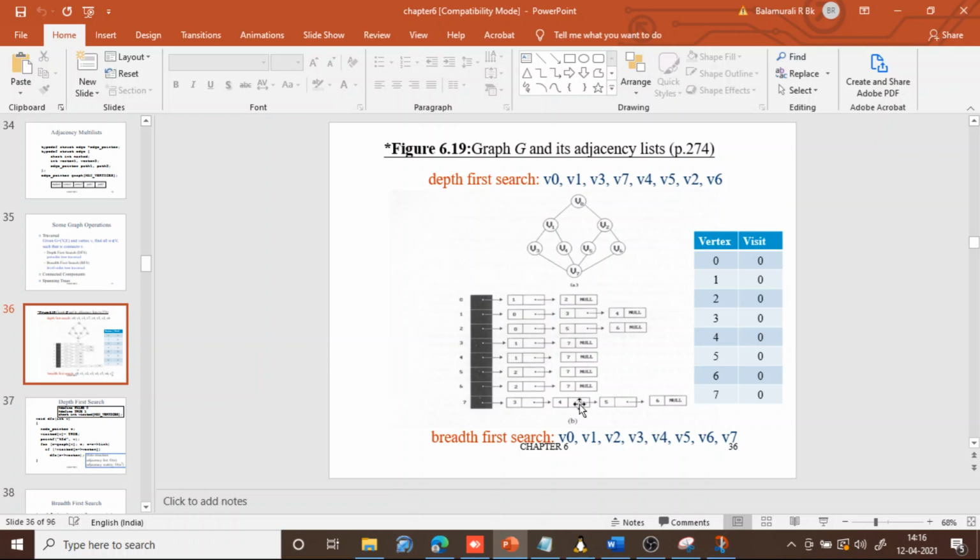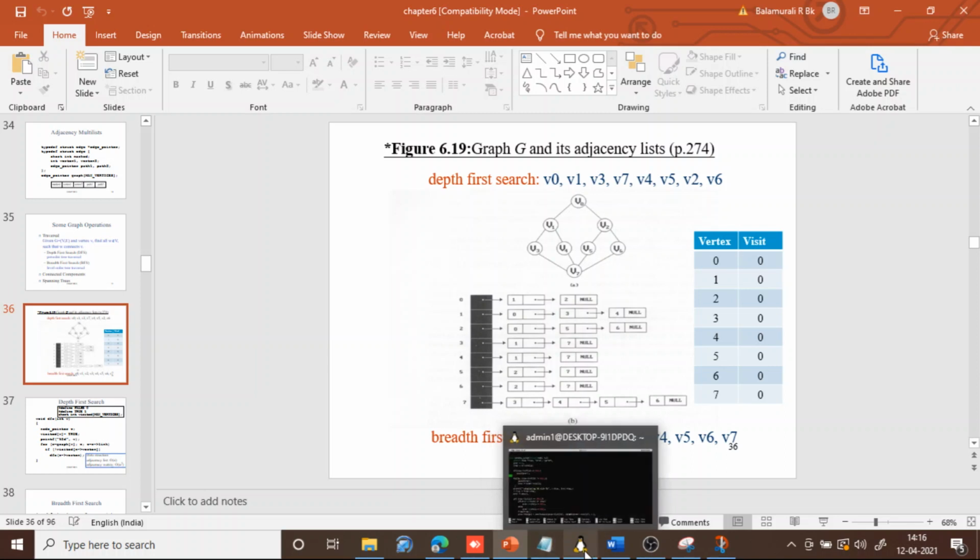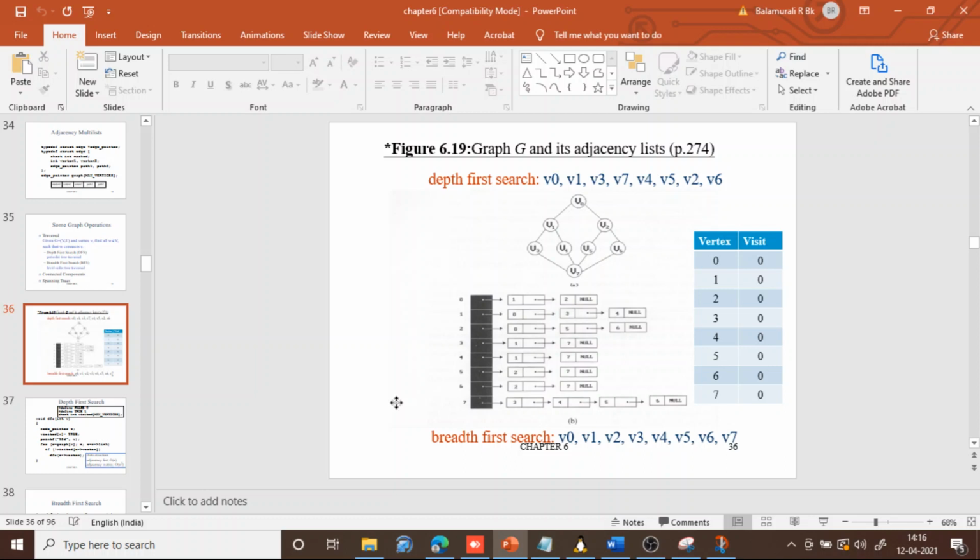Okay, so it is an adjacency matrix, so you have to maintain two things, a row and a column. Initially set row and column to 0, and as usual visit the 0th vertex first and display it. After displaying it, make visit of 0 equal to 1. And then you just pass through the adjacency matrix.